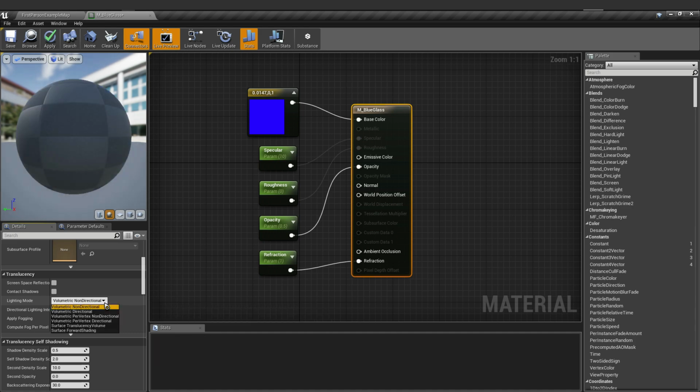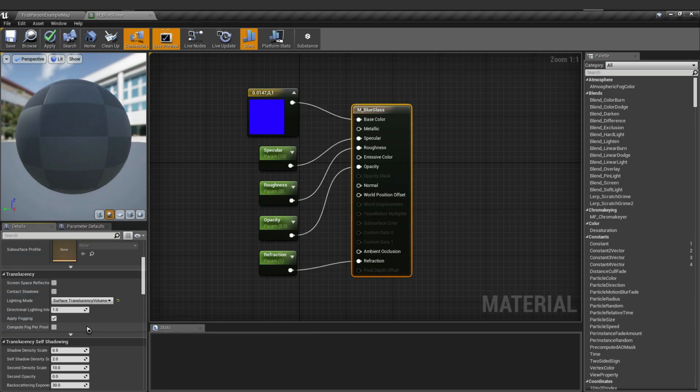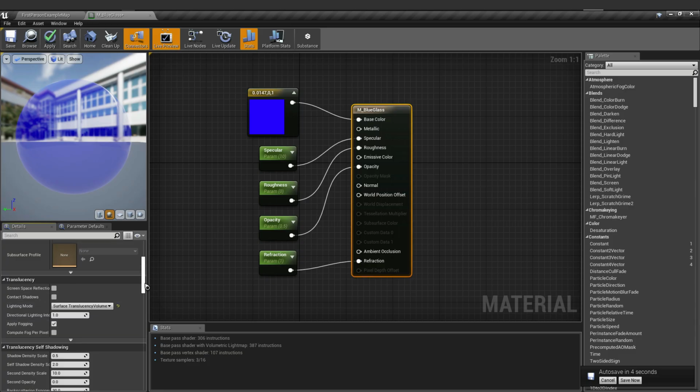So what we're going to do is change this into surface translucency volume. As you can see, once this material loaded, all the connectors of our basic node are enabled.